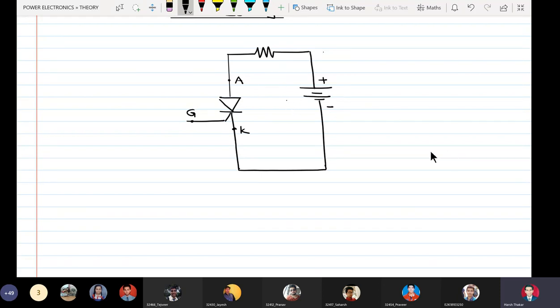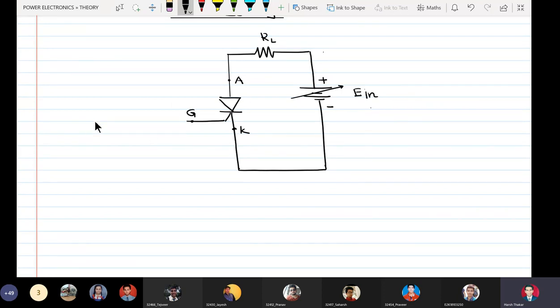So this is a variable source. It is called E in. This is my load resistor RL.